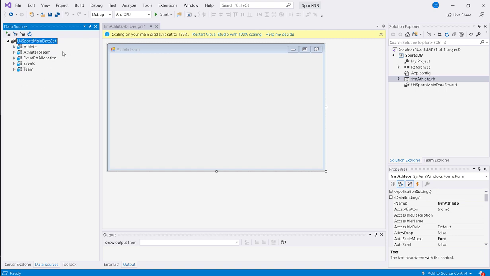Now we're creating the form Athlete. So if I click onto that, now you'll notice there's a little drop down box here, or combo box technically. If we click onto that, we can click a data grid view, which we'll come to very soon, or we